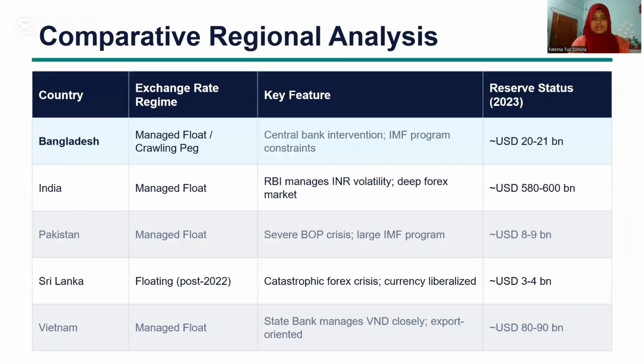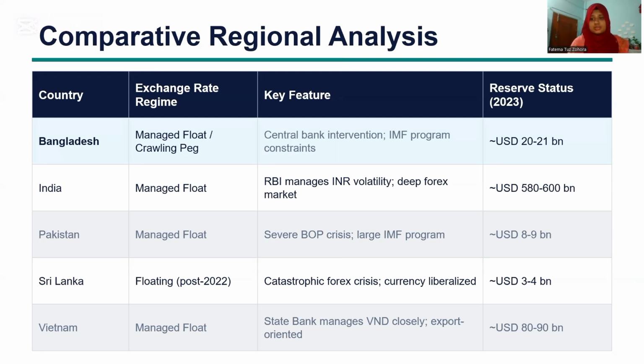Comparative regional analysis. Country, exchange rate regime, key feature, reserve status, 2023. Bangladesh: managed float, crawling peg, central bank intervention, IMF program constraints, and USD 21 billion. India: managed float, RBI managed, INR volatility, deep forex market, and reserve status USD